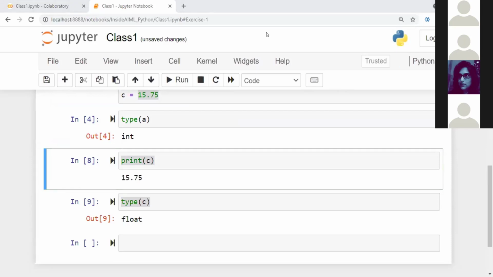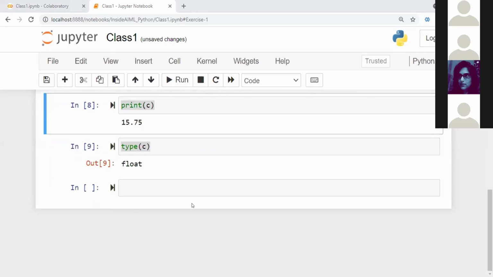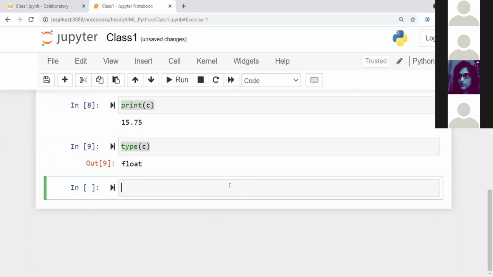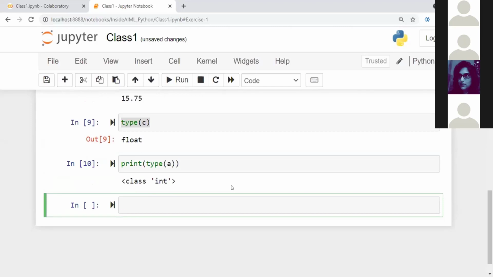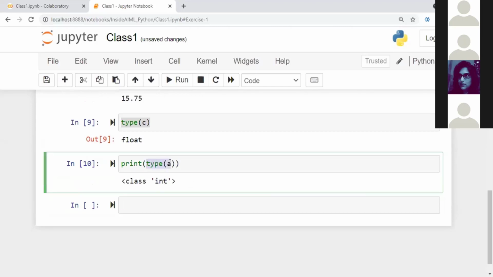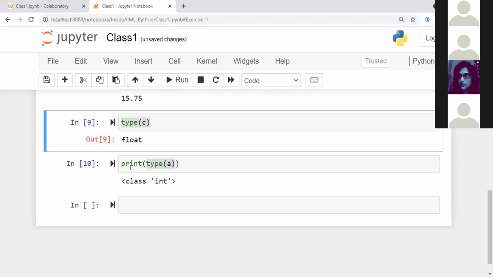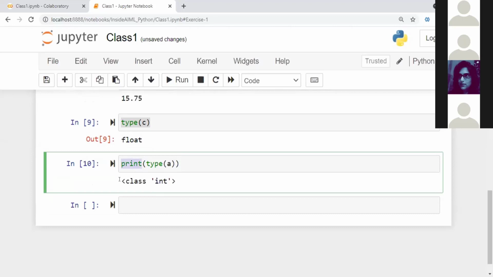What happens if I want to run print type of A? Yeah, so you see, you can always explore things. Okay, so type of A is giving you whether it is float or int or something. So when I say type of A, it is only giving me int or float. But when you try to print that, you will get something called class int. To understand this, we need to go some concepts beyond. After that, you will understand what is a class and other stuff. So for now, just use type of A.